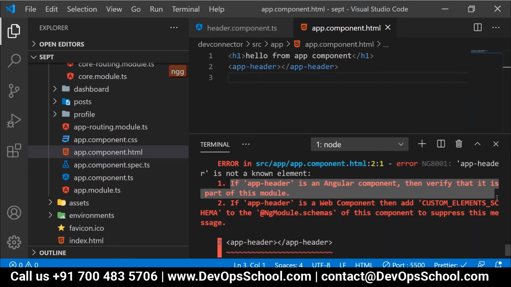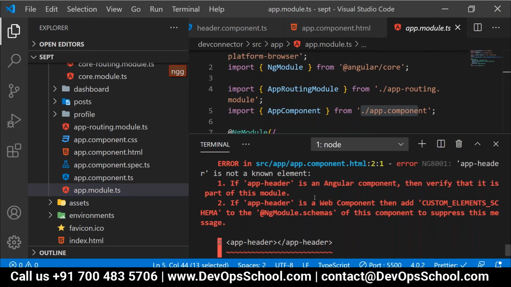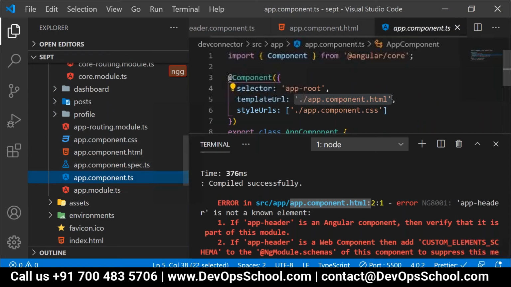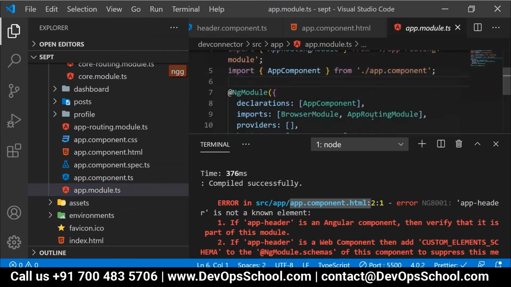This module, in the sense, which module, people? Here, will it refer to this module in the sense app module or not? Why app module? Is it going to deal with app.component.html? When we say it's dealing with app.component.html, it means it is dealing with app component TS. When we say it is dealing with app component TS, that means it is dealing with your app module or not?